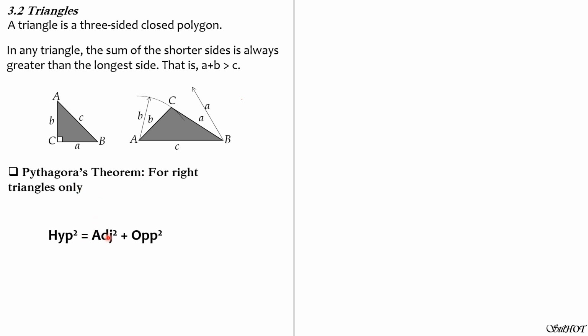Hypotenuse squared equals adjacent side squared plus opposite side squared. And there are so many proofs of the Pythagoras theorem, but the one that I like most is by George Shultz, one of the cabinet members of President Reagan in his time, US President Reagan. So this is the formula. Hypotenuse C, this right triangle, C squared equals A squared plus B squared.